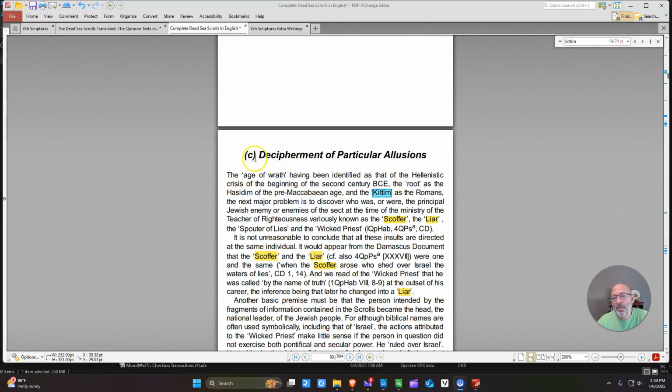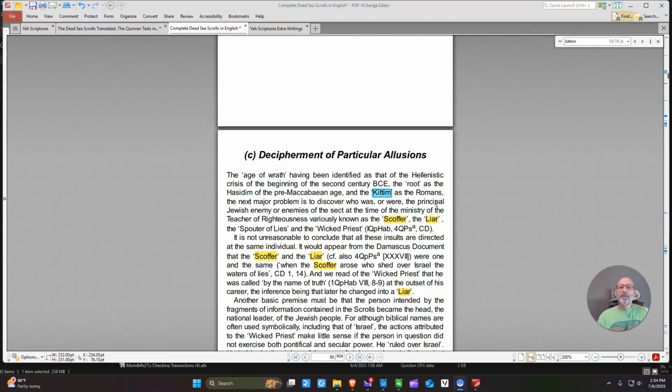He's got a section entitled "The Decipherment of Particular Allusions." And then he says, "The age of wrath having been identified as that of the Hellenistic crisis of the beginning of the 2nd century BCE, maybe, the root of the Hasidim of the pre-Maccabean age, and the Kittim as the Romans." Okay, so basically he's saying in passing that the Kittim is identified as the Romans. Now,